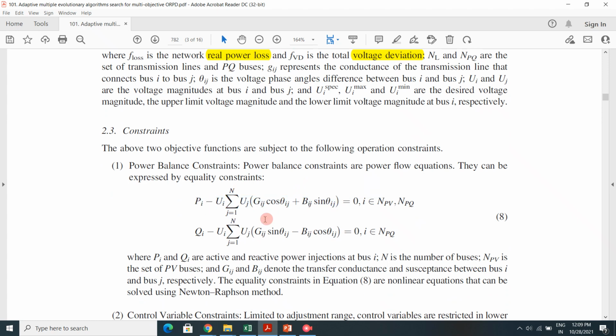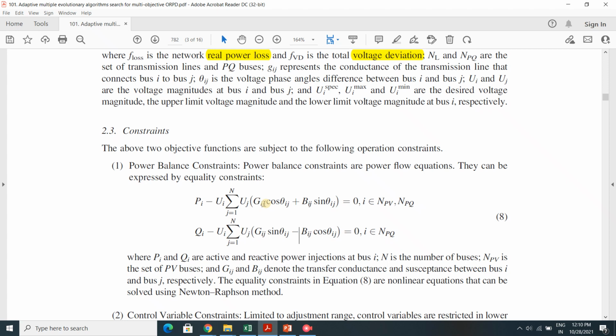Okay, voltage, I have told you voltage is a variable. Now whatever value of voltage you get, this equation should be satisfied. What is this equation? This is actually the power balance. If you are solving any power flow equation or load flow equation, you will always know that power generated equals power consumed plus losses, isn't it? If it is not satisfied, then obviously you will not get an accurate result.